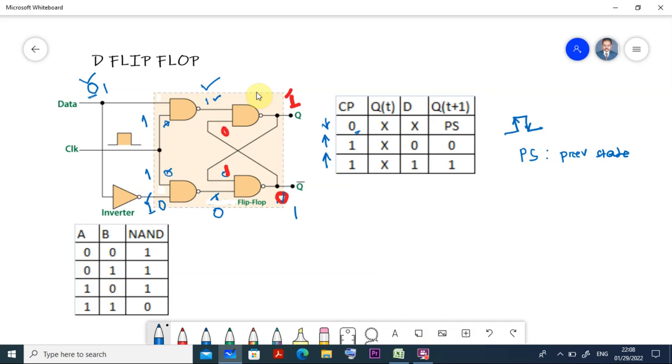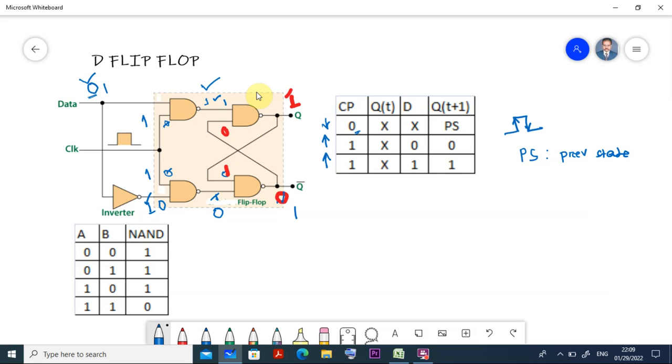Are you following me? So initially what I put here, we put d is equal to 0. When d is equal to 0, here it is 0. So whatever the input is here, 0 into that one becomes 0, and it becomes 1 here. Are you getting me? Here it is 1, so one of the inputs is equal to 1. Here it is 1.